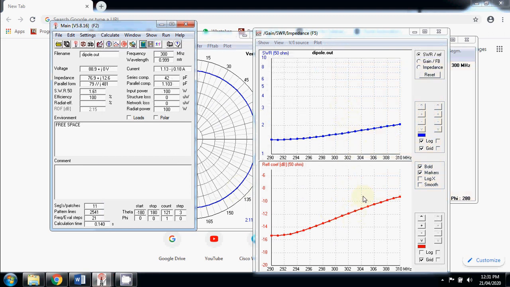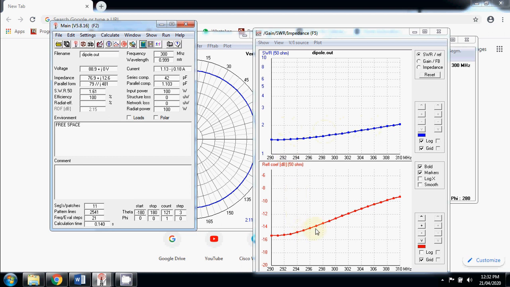Now we see that there are two graphs visible here. One is VSWR, another one is reflection coefficient. One thing I need to tell you is that theoretically the VSWR should be around 1. Practically it should be anything less than 2. So if VSWR is less than 2 for the desired range of frequency, it is fine. Our graph of VSWR is just below 2. So we can say that 300 megahertz is in the working range, and around 306 to 307 megahertz is also inside the tolerable range.